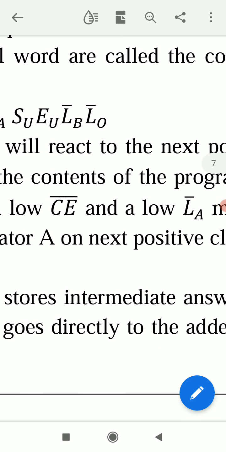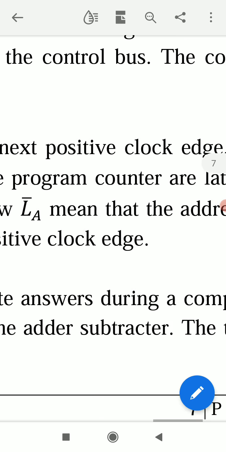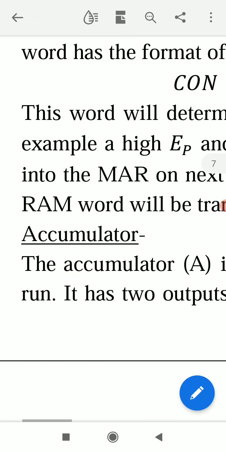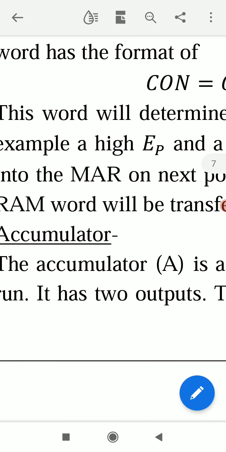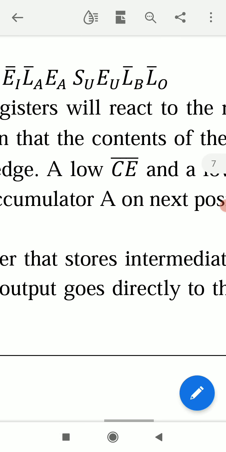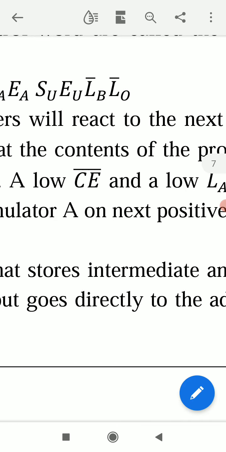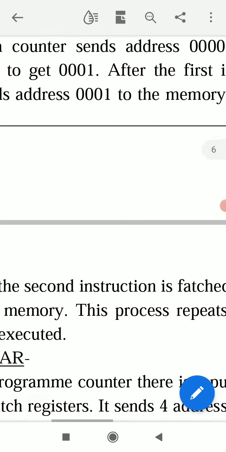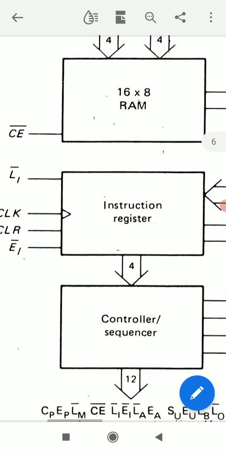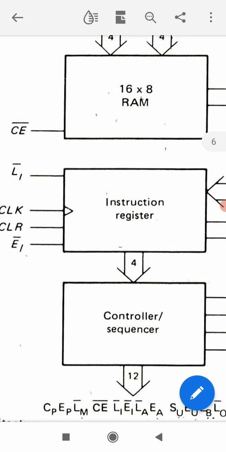When we want to send an addressed RAM word, a word stored in RAM at a particular memory location, and if we want to transfer it to the accumulator A, then we have to make this CE bar active, and CE bar is active when CE bar is low. When CE bar is active, CE bar is here connected to RAM. When it is active, then